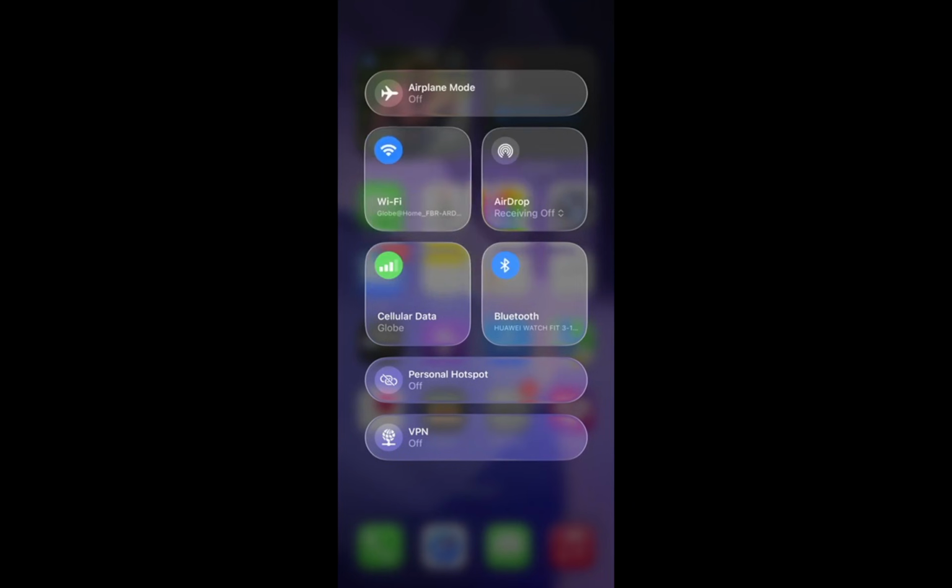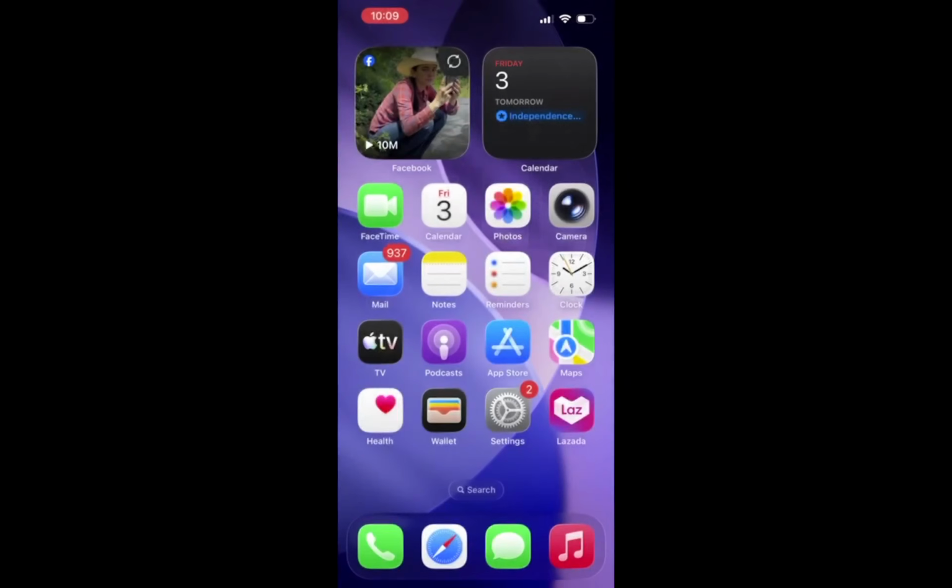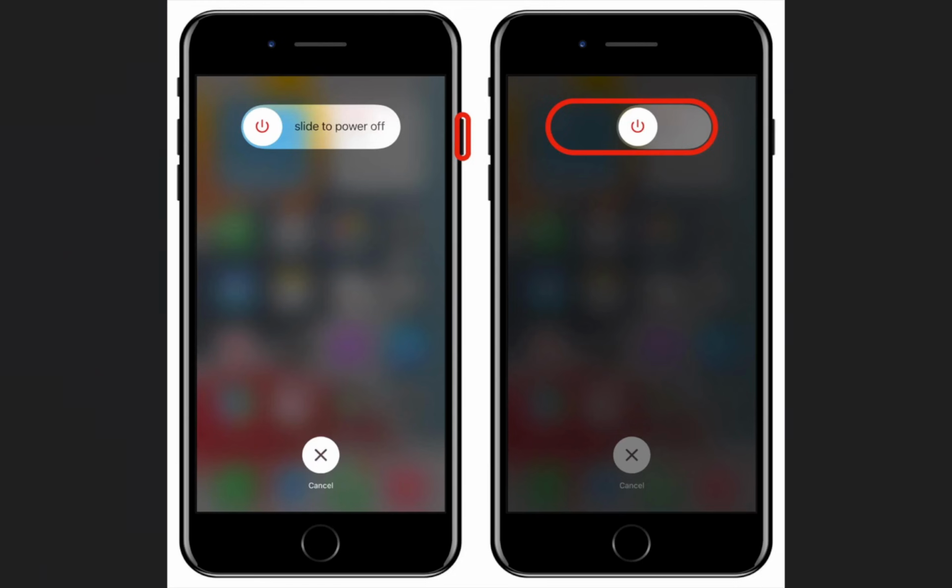Next, restart your iPhone. This simple action can resolve many issues, including connection errors. To restart, press and hold the side button and either volume button until you see the power off slider. Slide it to turn off your device. Once it is off, wait a few seconds and press the side button again until you see the Apple logo. A restart refreshes your iPhone system and can help clear up minor glitches. This small step can often lead to significant improvements.